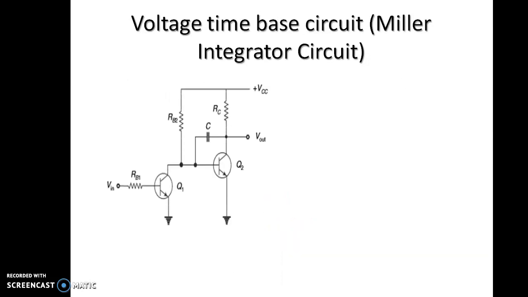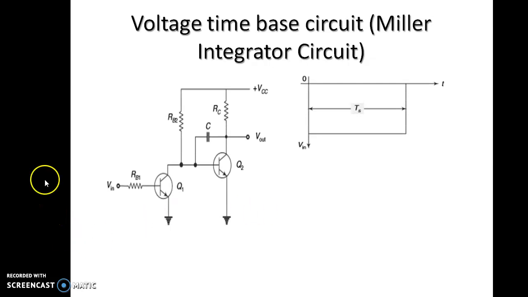So now let us consider that a negative pulse is applied. Actually, this circuit will convert a step waveform into a ramp waveform. Now the transistor Q1 will be turned off, since its emitter-base junction is reverse biased. And we know that Q1 acts as a switch, hence if it is off, then VC1 increases. Due to this, the VBE2, that is the cut-in voltage of the transistor Q2, increases and the transistor turns on.